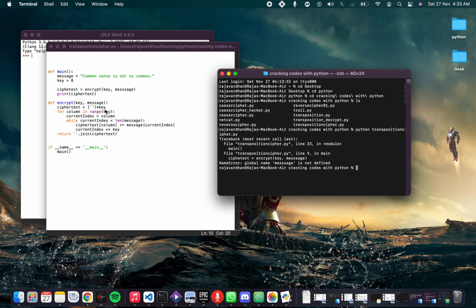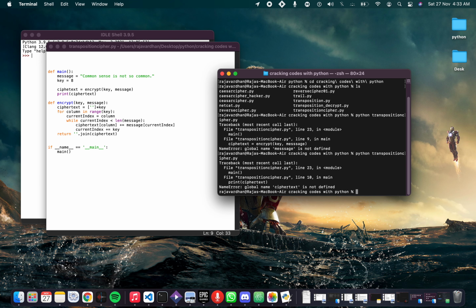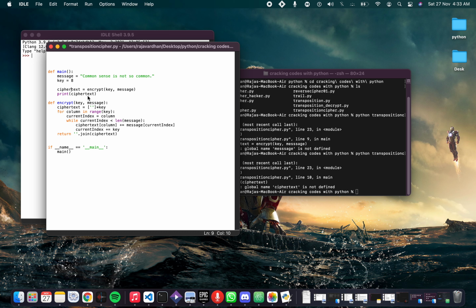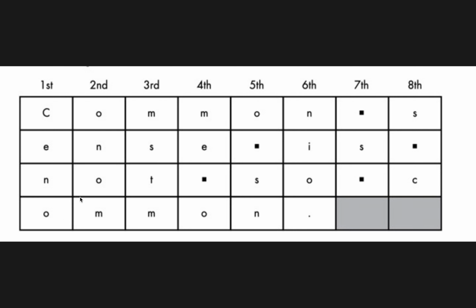Some errors on line 9, line 10, spelling mistakes. Right. Here you can see the message is encrypted. CENO. Next